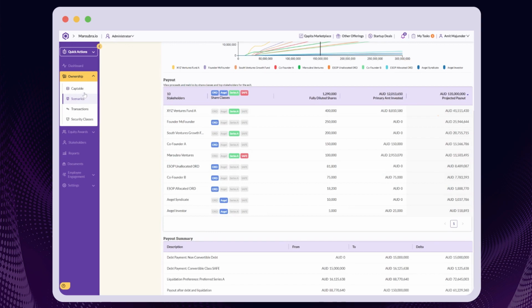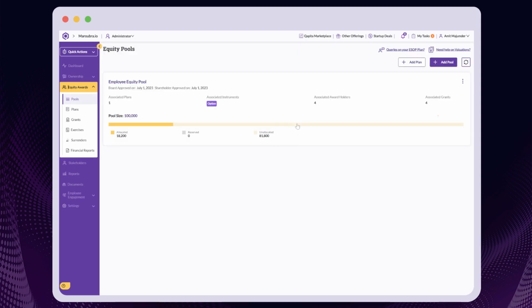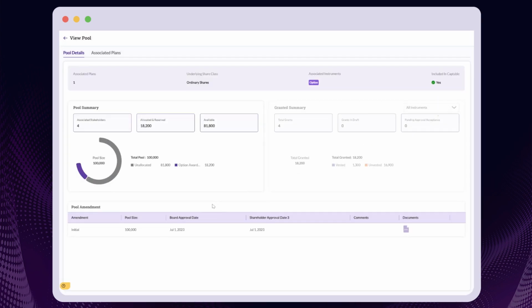Now finally, on the cap table we have the employee equity pool that signifies a pool that's been approved by shareholders and the board, which is linked to our equity awards module, where you can manage your equity compensation plans. Employee equity all starts with the pool. We're able to see all the relevant parameters once a pool was approved by the board shareholders and all the